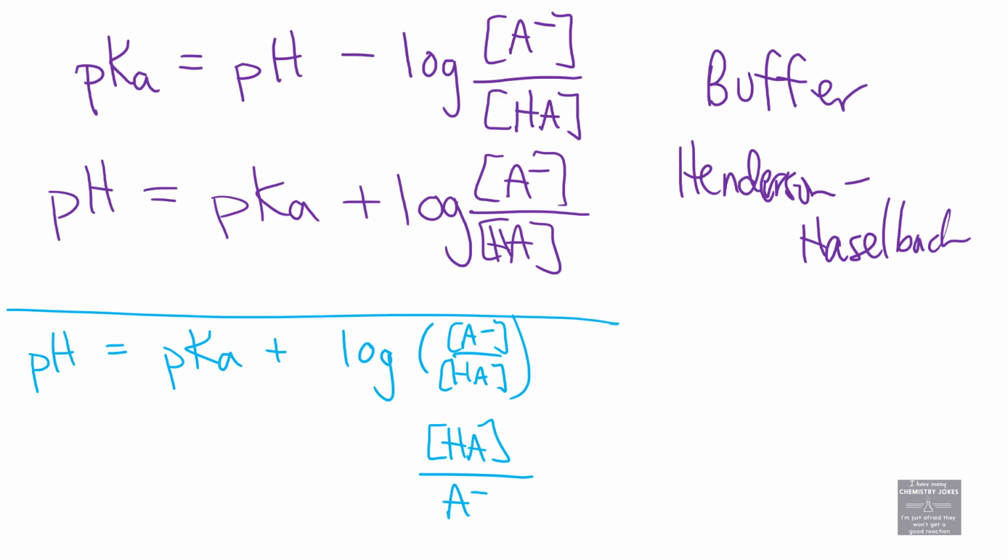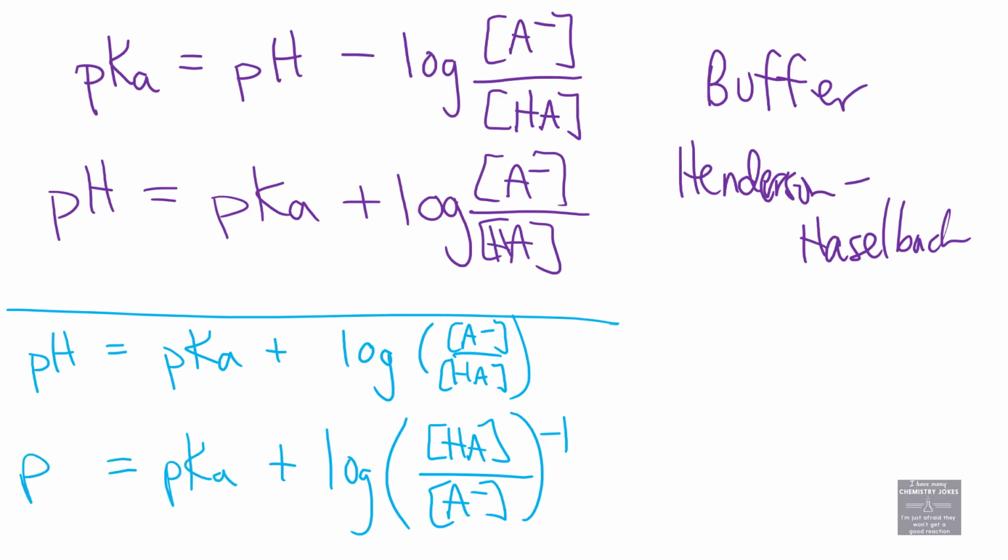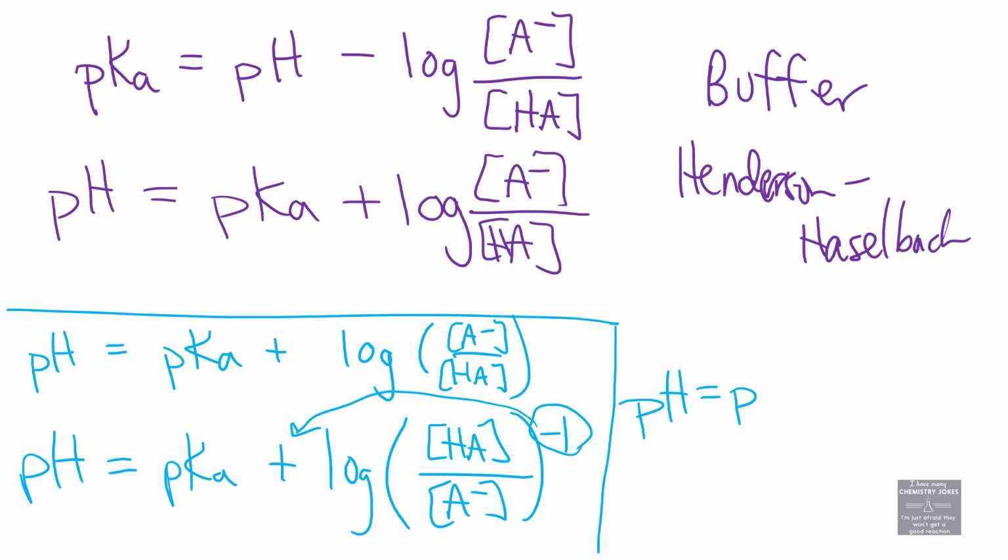HA over A minus raised to the negative 1. That's all I did. Flip it upside down, raise it to the negative 1. Because one of those other weird logarithm rules is an exponent can be brought out front like a coefficient. So a second way you might see the Henderson-Hasselbalch equation written is pH equals pKa minus the log of